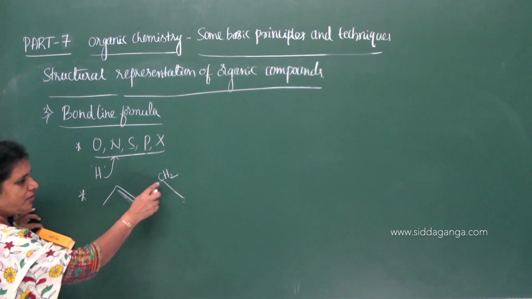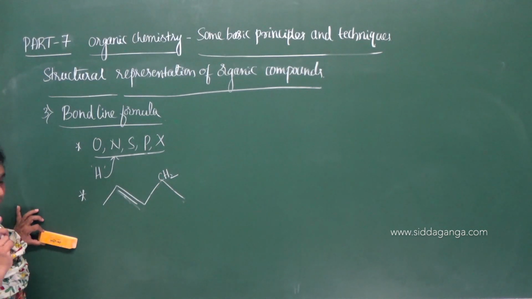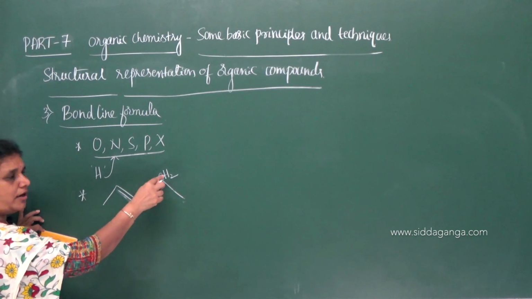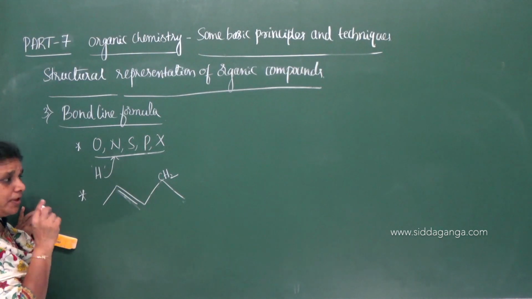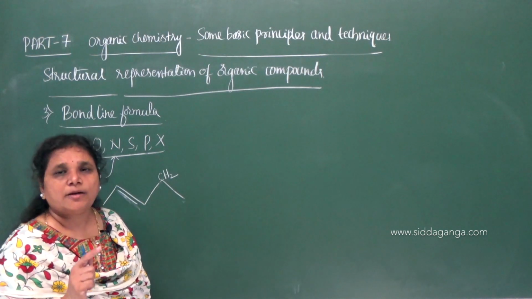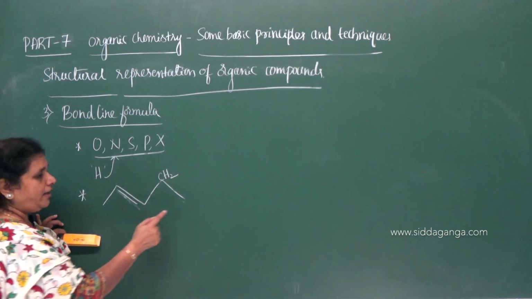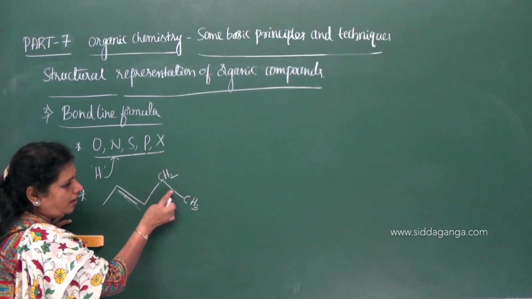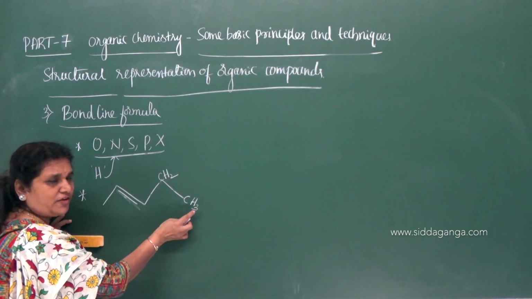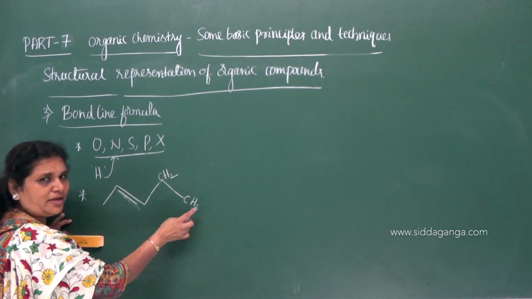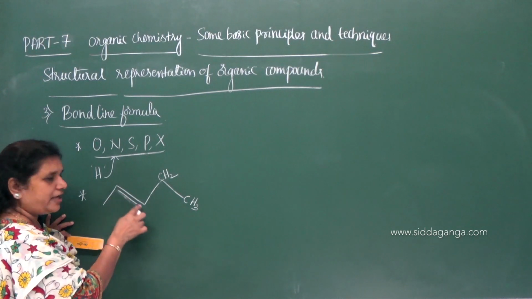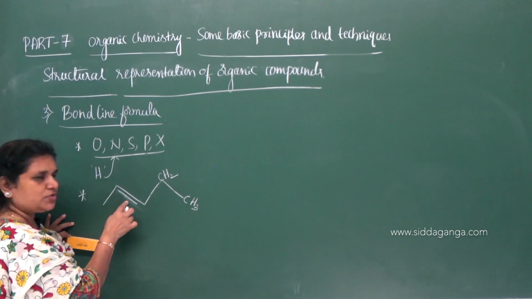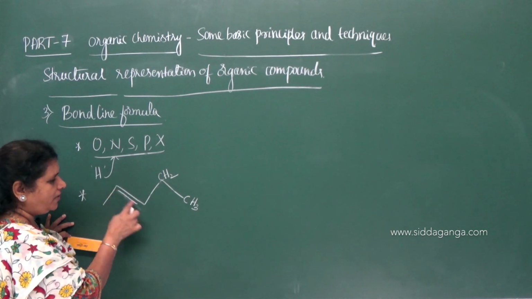So, the carbon to carbon bonds are represented by a line in a zigzag fashion. The intersection of two lines indicates one carbon and an appropriate number of hydrogen atoms, meaning each carbon should satisfy its tetravalency. The terminal end always indicates one carbon and three hydrogen atoms, because the carbon already forms one bond here, is left with three valencies, and those are satisfied by three hydrogen atoms. Any double bond between the carbon atoms can be represented by putting one more line next to this line. So this indicates the double bond between these two carbons.